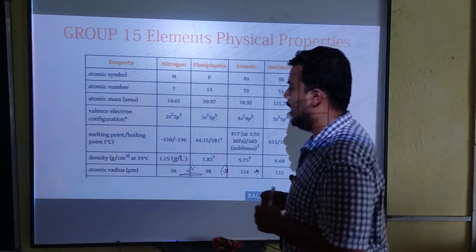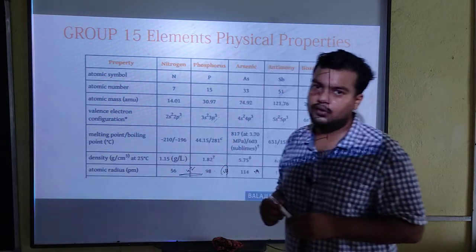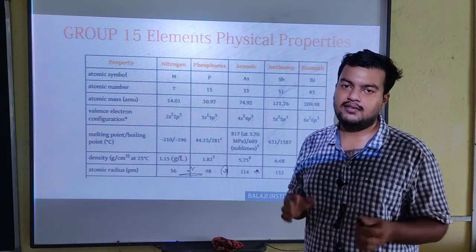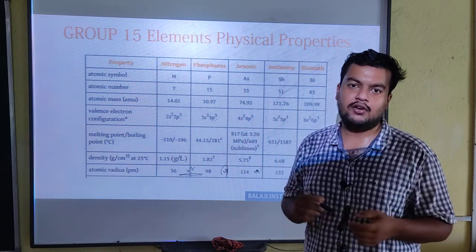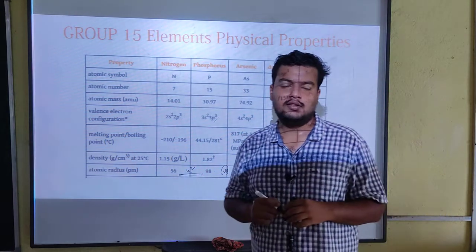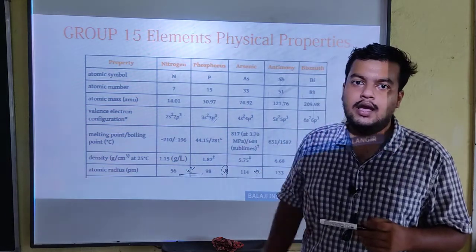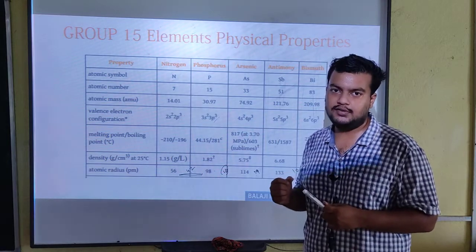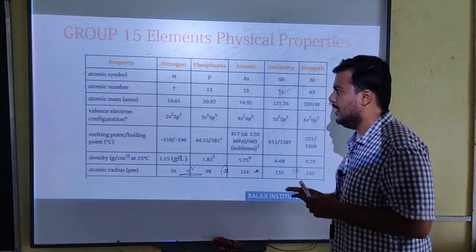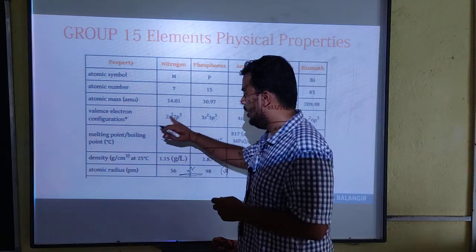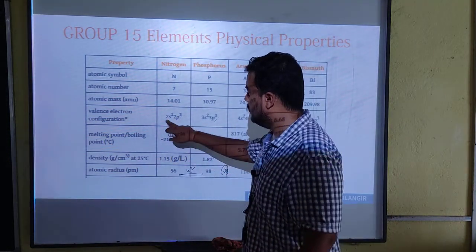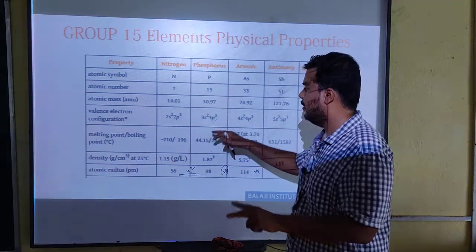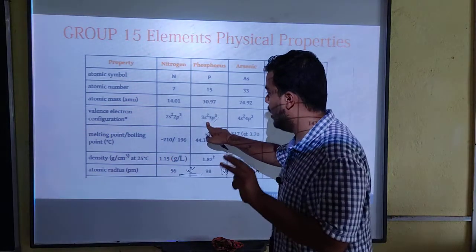This is because nitrogen has a very small size, due to the very stable p orbital, and nitrogen has very less number of electrons. That is why the outer shell electron is very close to the nucleus. So the nucleus is attracting that outer shell electron very strongly, because of the smaller size of the nitrogen atom. When I am saying the sizes, I am referring to the electronic configuration. Here remember, nitrogen has only two principal quantum numbers, 1 and 2, but phosphorus has 3, meaning there is one more shell.